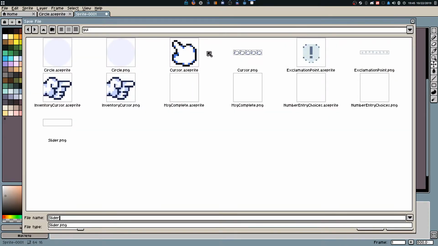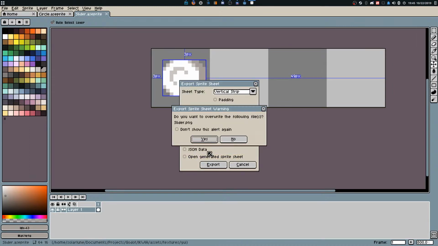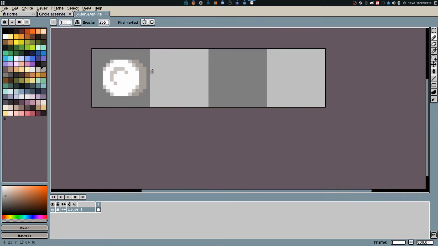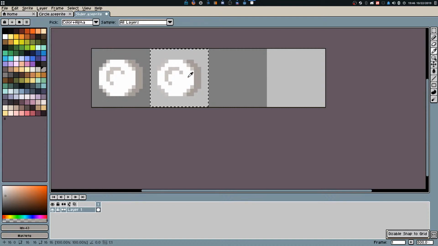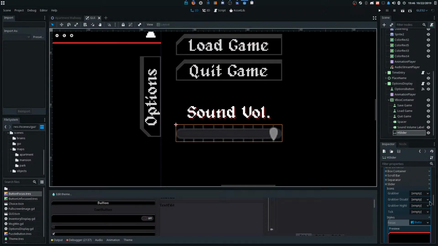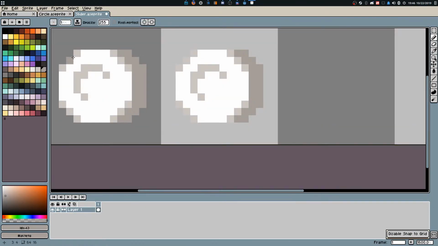Okay, slider. Okay, so this asks for the grabber, so we'll need a few of these. Although it'll never be disabled, so we'll just have two. One where it's on and one where it's off.